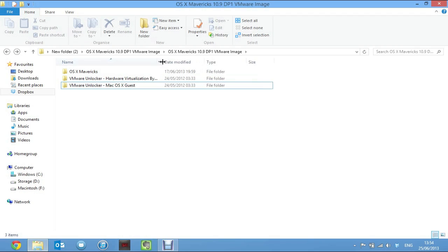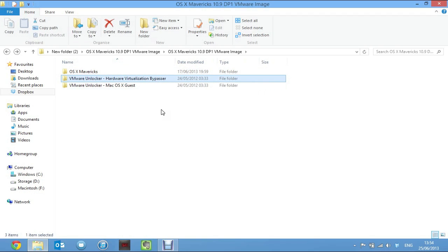But one thing I will point out about the hardware virtualization bypasser is that it only works up to VMware 8.0.3. It does not work on VMware 9. Now, the amount of emails I get asking why it's not working on VMware 9 is purely because it says clearly in the patch that it works up to VMware 8.0.3. So that's why that doesn't work. So if you're reliant on that, you're going to have to downgrade to VMware 8, which isn't actually that big a deal because all my images are actually built on VMware 8 anyway, so they're built to be compatible, so there shouldn't be any issues.